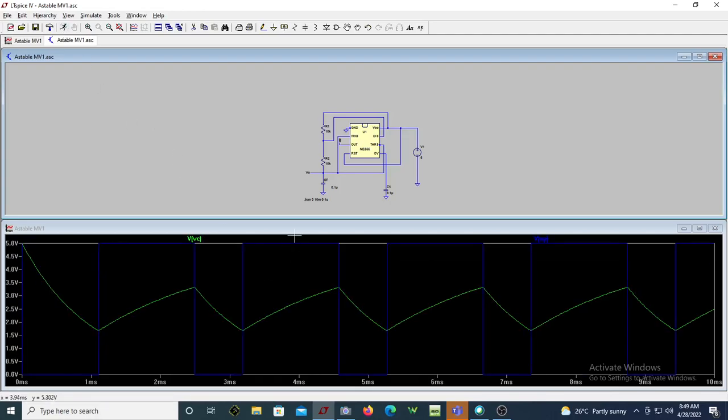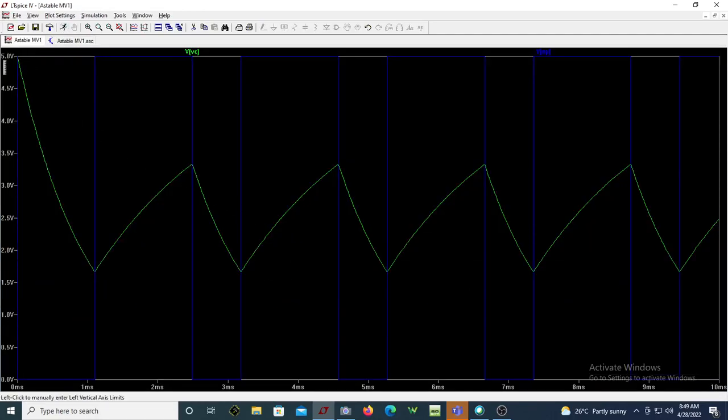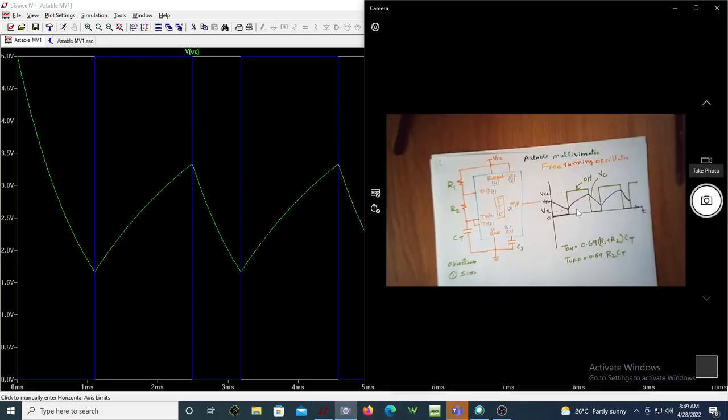Okay, this is the expected waveform. Forget about the first plot. Now we can see the subsequent ones. Whatever T on and T off that we have written in this expression are valid for other than the first waveform, the first charging and discharging. So from here onwards, this is on time, this is off time. You can see the capacitor voltage is charging up to VTH, which is in this case 2/3 of VCC, which is 2 by 3 of 5, which is 3.33, and this is VTL, which is 1/3 of VCC, which may be